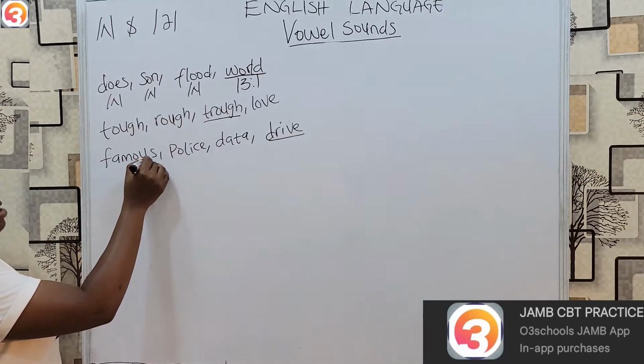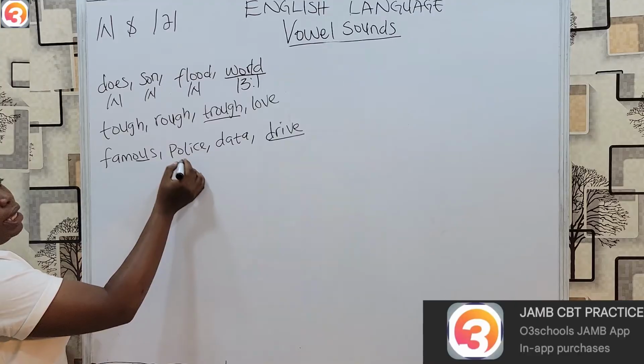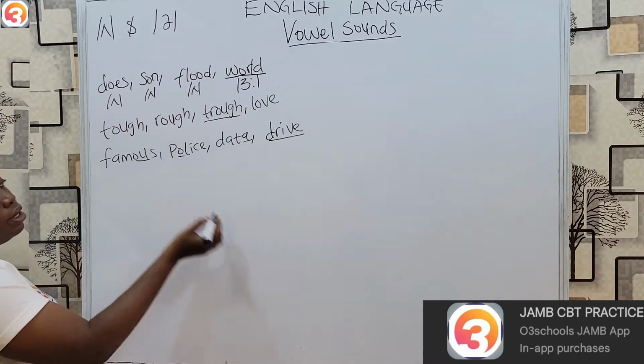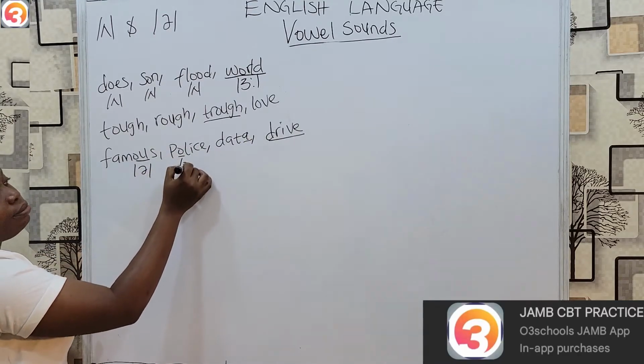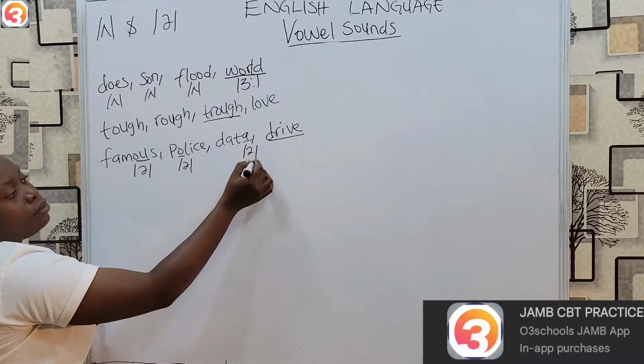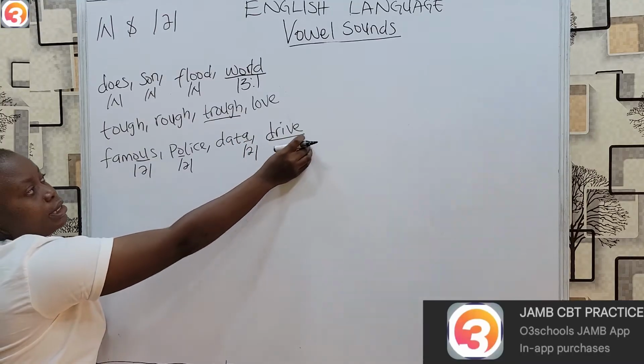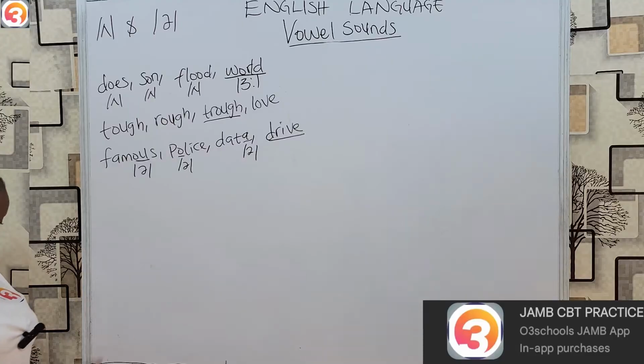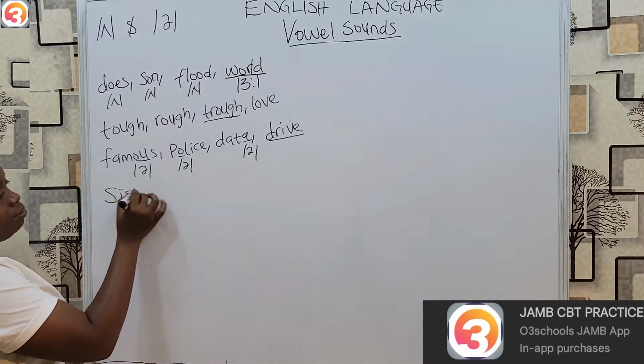Why? Because here we have the short or weak er sound. It is present here, but it is not present here. So we take this as our odd word. We also have this